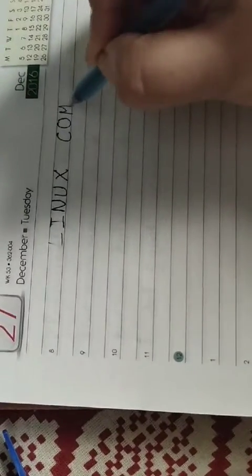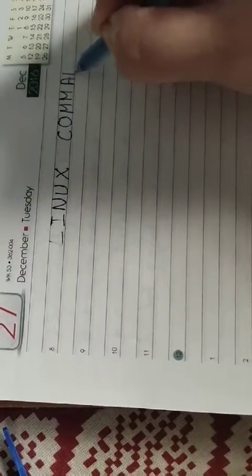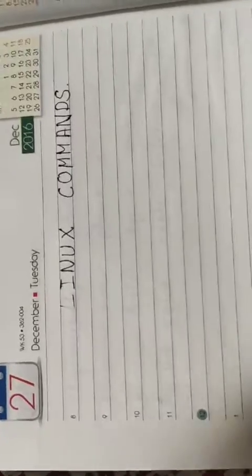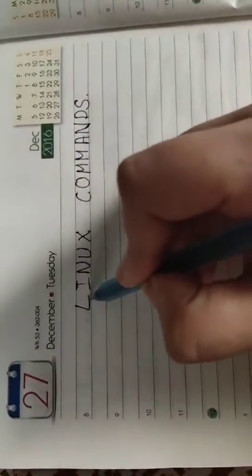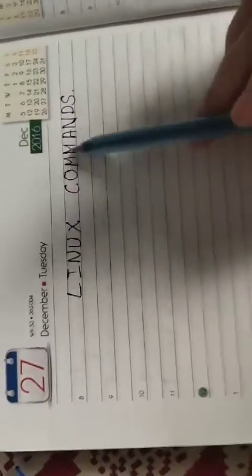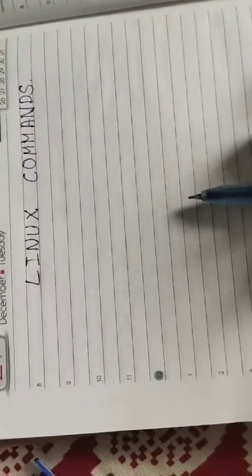Today we will start our new chapter, that is the Linux commands. In the previous class we discussed what Linux is, as well as its types, how it is used as the operating system in our computer, and who developed Linux. In this chapter we will be studying the various commands that are used for the proper functioning of